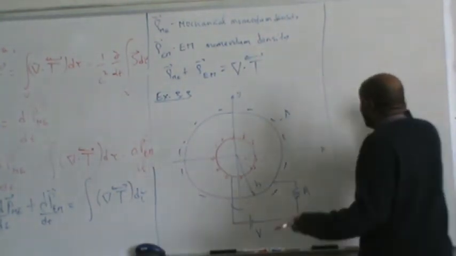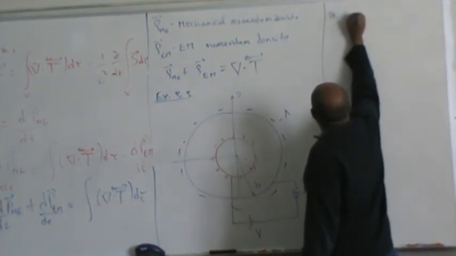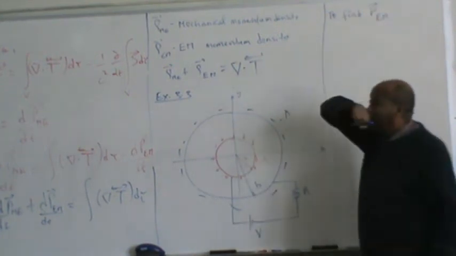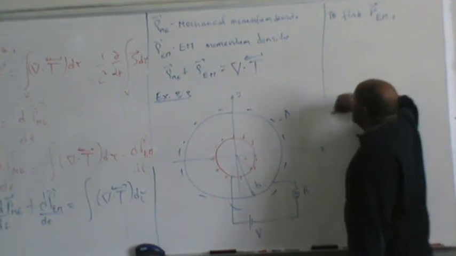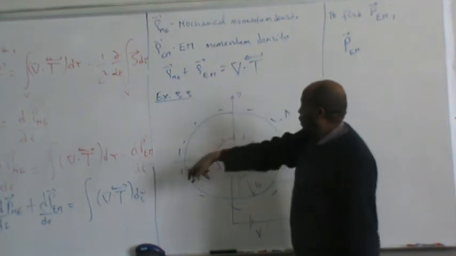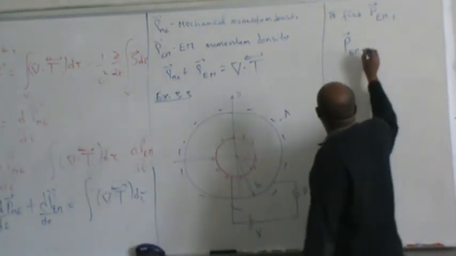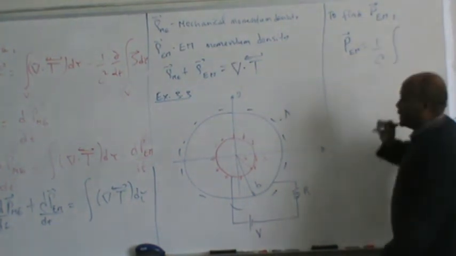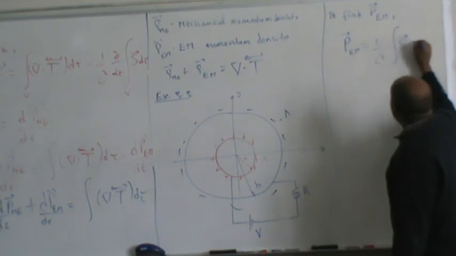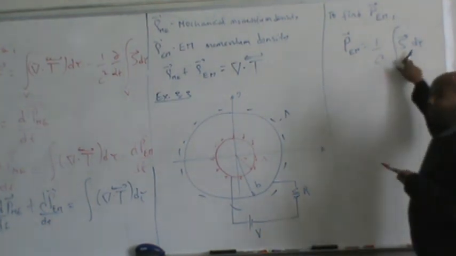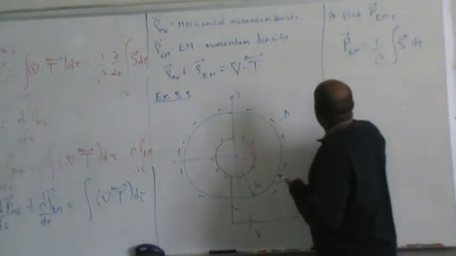To find that, we must evaluate P_EM, which according to what we have is given by 1 over c squared times the integral of the Poynting vector over the volume wherever you have the field. So how do we determine the Poynting vector S? That is given by